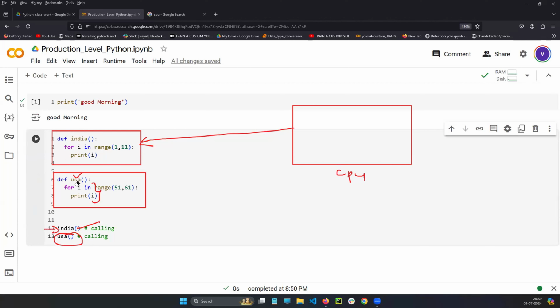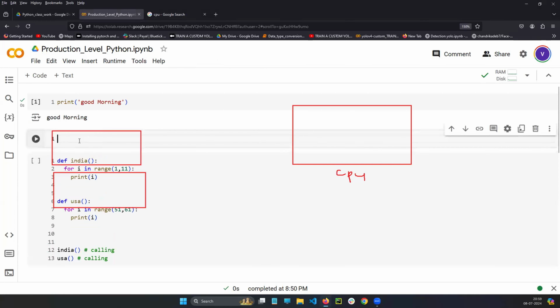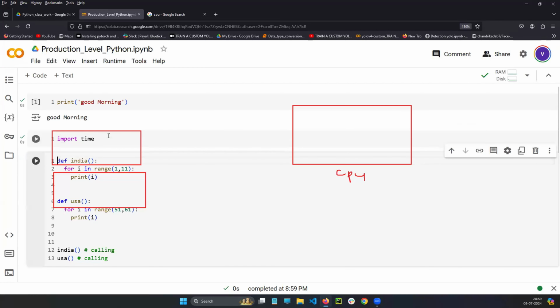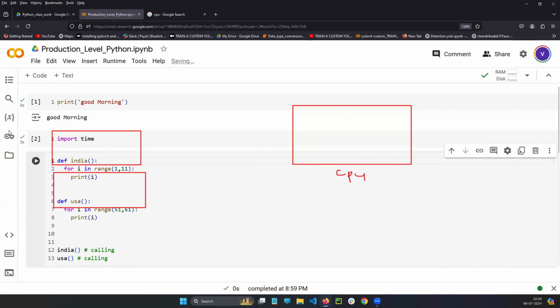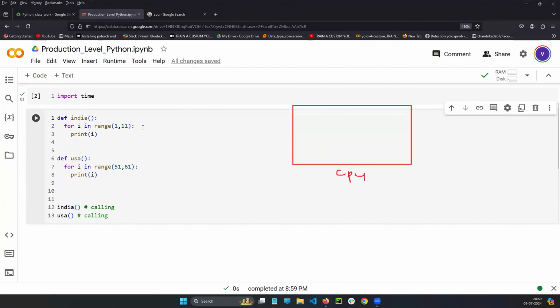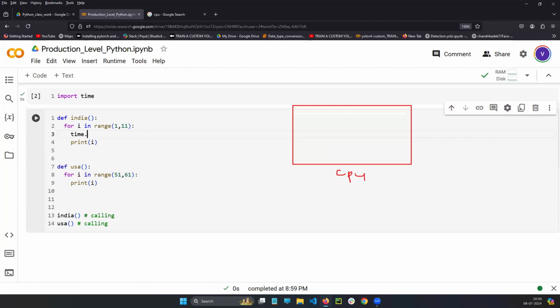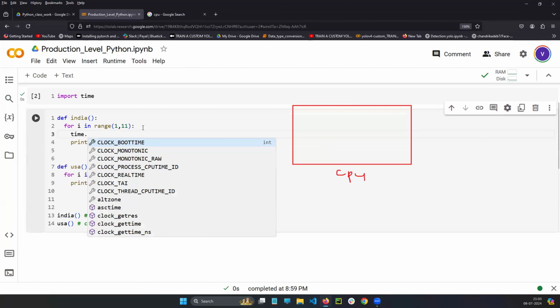Okay, now see, I will make it even more comfortable for you to understand the concept. Guys, there is a library, known as the time library. See, import time. Using the time library, you can make them sleep. For example, here what I'm going to do is time dot